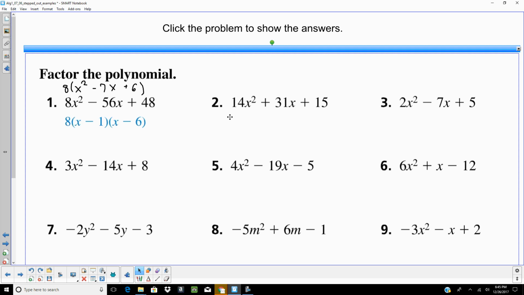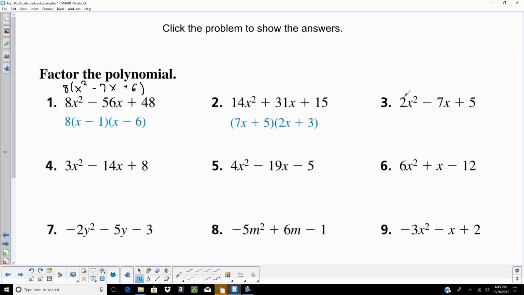I'll tell you right now, number 2, that one is going to take a little bit of time because you multiply that 14x and the 15. You're probably going to need a calculator to find some of those factors. Number 3, you multiply and you get x squared minus 7x plus 10. I'm going to factor that. When I do that, I get x squared. I'm sorry, you don't get x squared. You get x minus 2